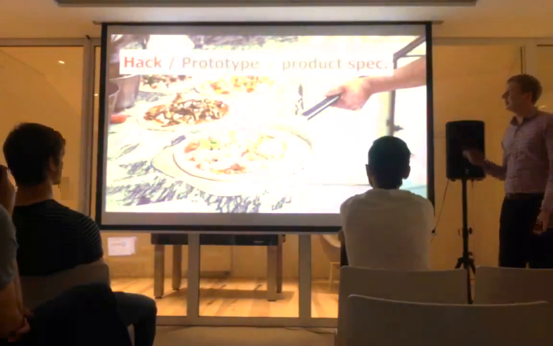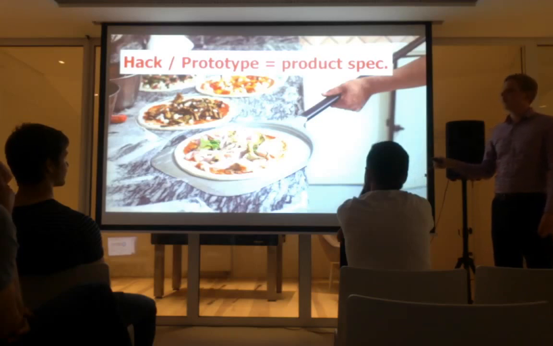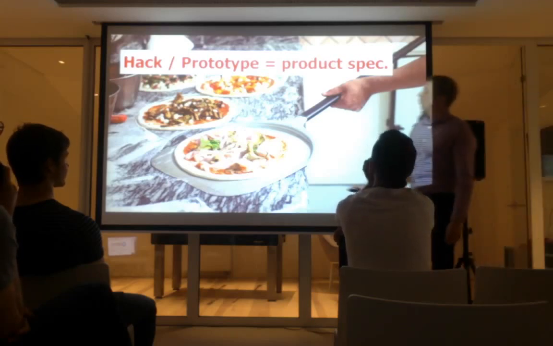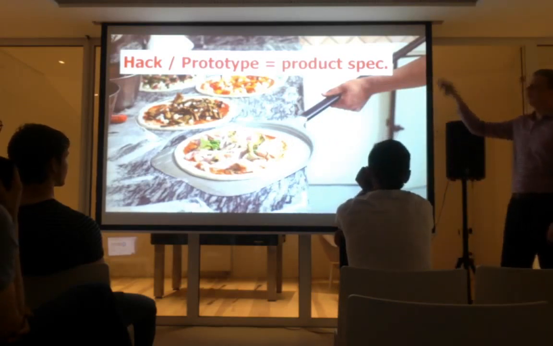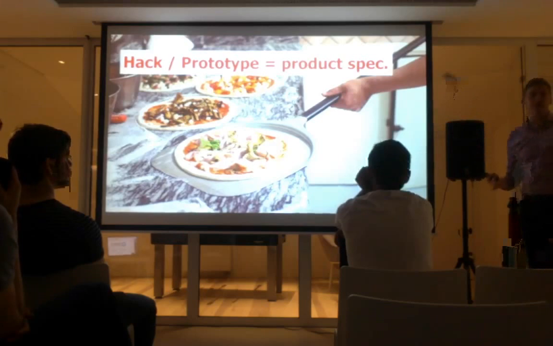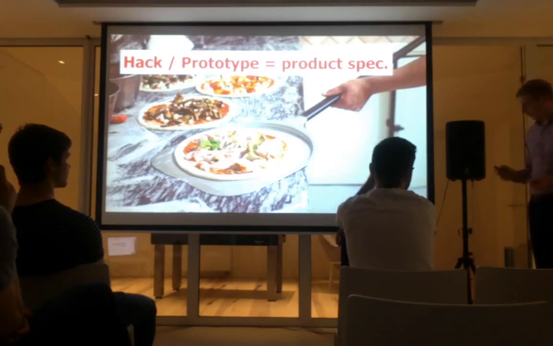As one of the last slides, I have great news for you. If you do the prototyping, the fake door, and the live data experiments, you have all the ingredients ready for you to start building the product. You have basically most of the product specification that you need. It has how it looks on mobile, tablet, web. It has what the buttons do. It has all the pixel heights and so on, because you gave it to people and tried to trick them into using it. So it's pretty much there. All I need to do now is prioritize it and start writing user stories for it. That's all.